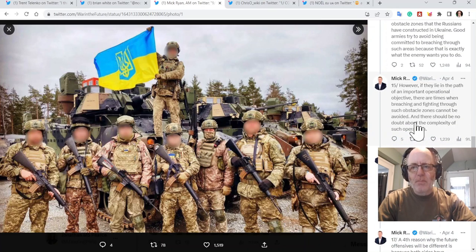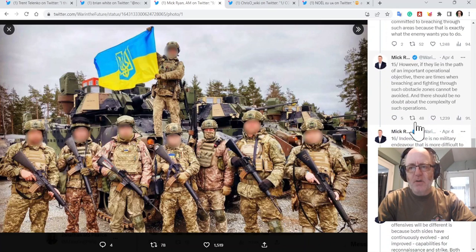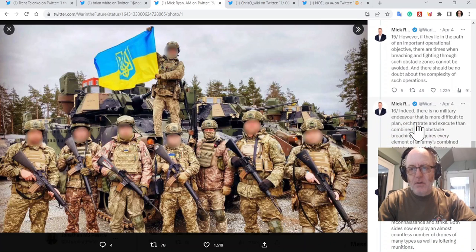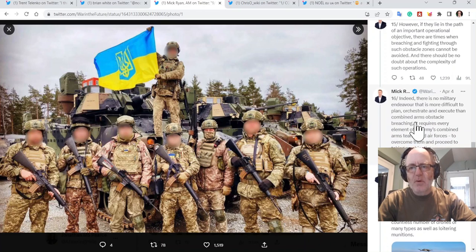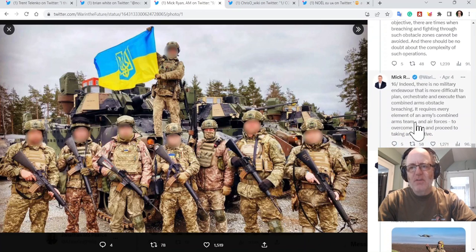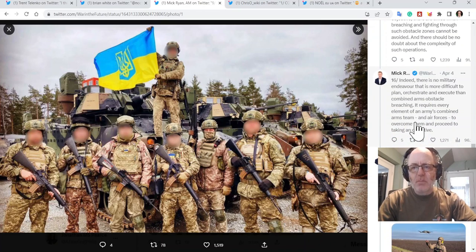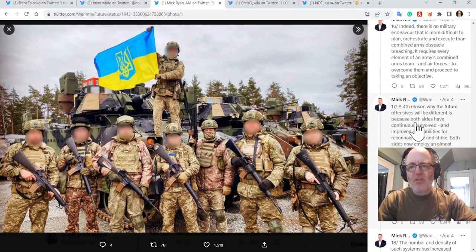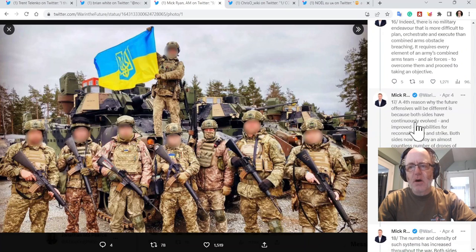Good armies try to avoid being committed to breaching through such areas because that is exactly what the enemy wants you to do. However, if they lie in the path of an important operational objective, there are times when breaching and fighting through such obstacle zones cannot be avoided, and there should be no doubt about the complexity of such operations. Indeed, there is no military endeavour that is more difficult to plan, orchestrate, and execute than combined arms obstacle